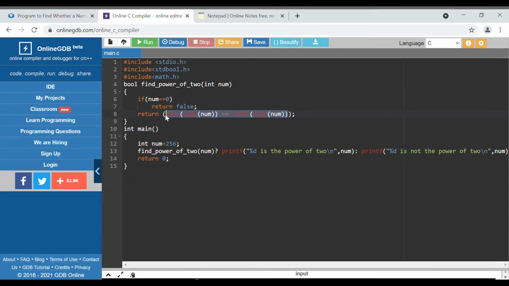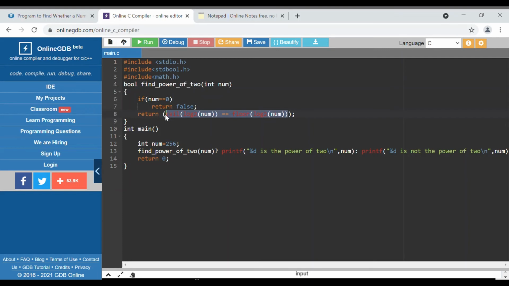Suppose you have 5.6. The ceil value is 6 and the floor value is 5, so they will not match, and it is not an integer. And if the log of the number comes out as 5, then the ceil function will return 5 and the floor function will also return 5, so it is an integer, and this condition will return true.